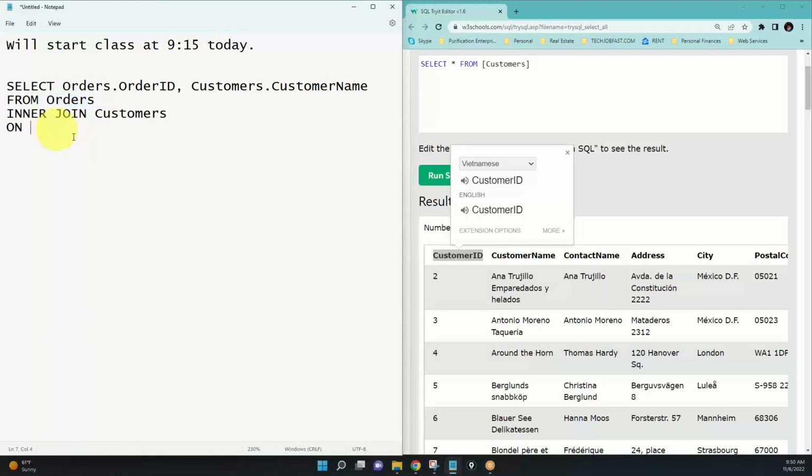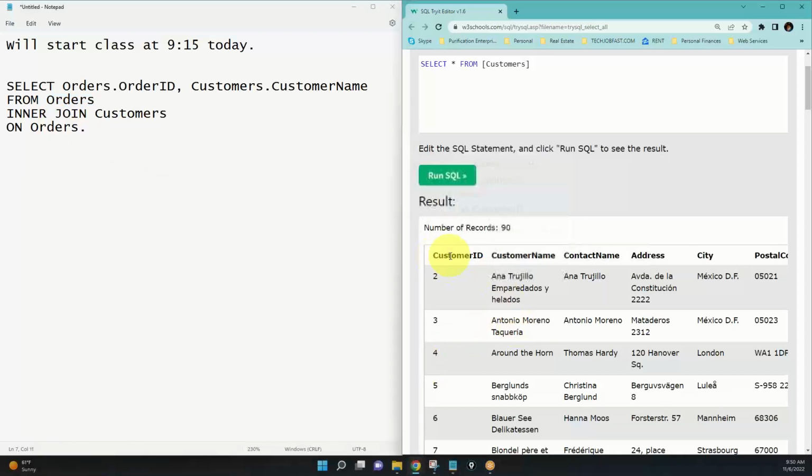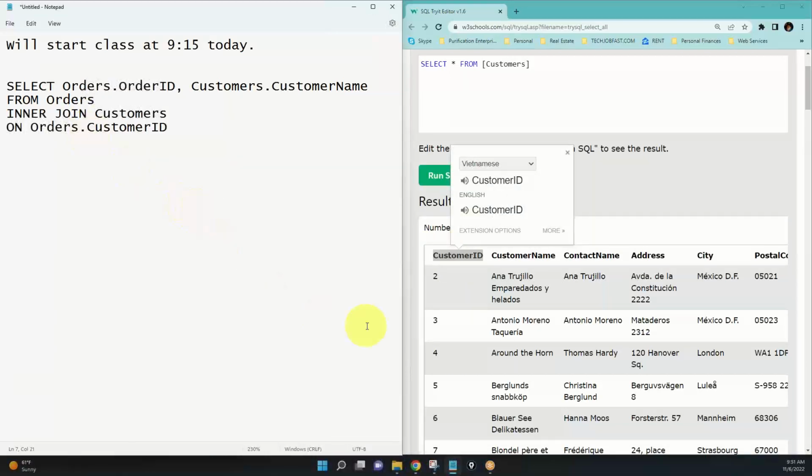This will always stay like this. You copy the first table, put a dot, take the common column, paste it here, put an equal sign, copy this whole thing, paste it here, copy this customer's table, replace this here, semicolon, close it. All you're saying is this is my matching column from orders.customer ID